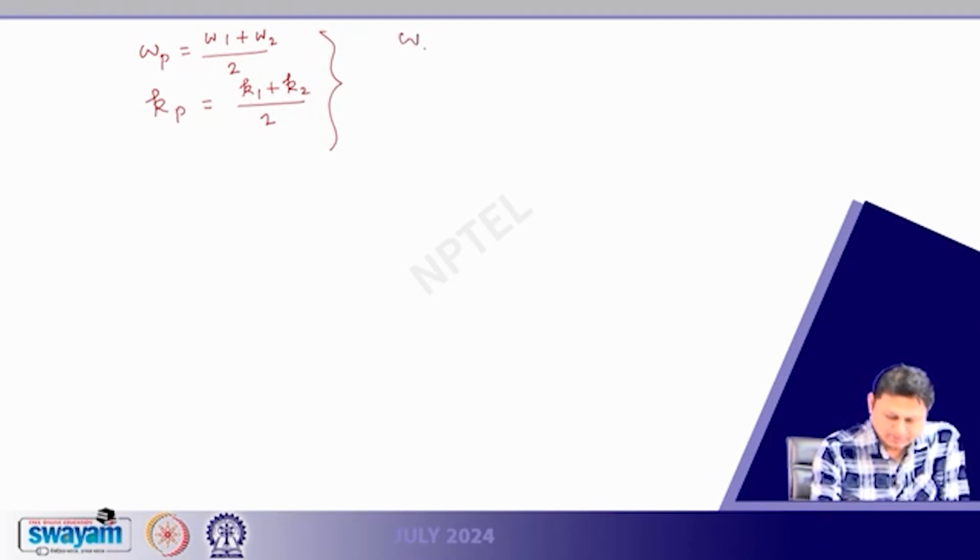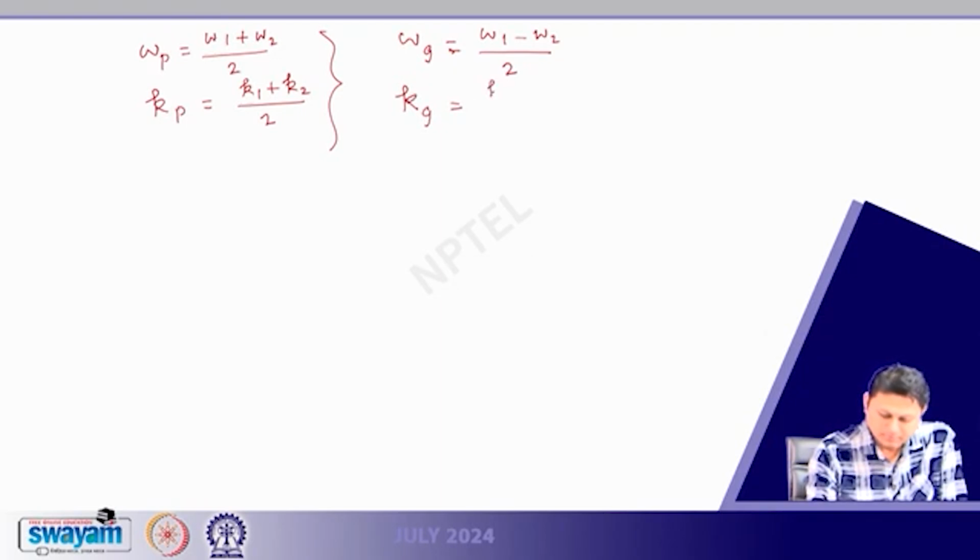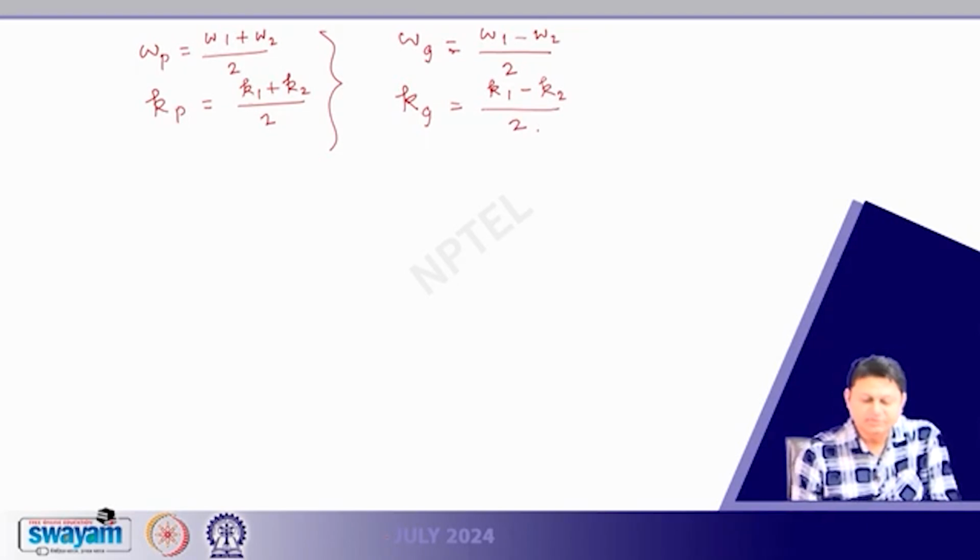Also, we can write omega g, the difference between these two, omega 1 minus omega 2 divided by 2, and kg I define as K1 minus K2 divided by 2. So we just defined a few more variables, omega p, kp, omega g, kg, but